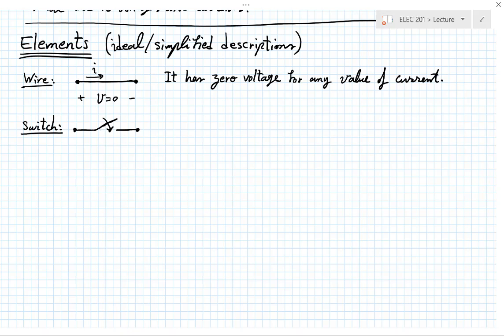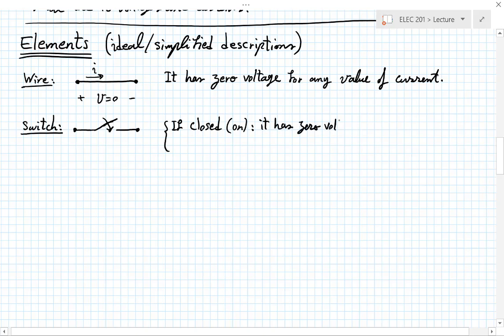So for a switch, if closed, or also known as on, it's like a wire, so it has 0 voltage for any value of current that can pass through it. If open, or off,